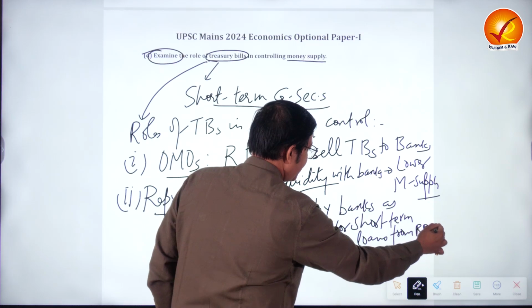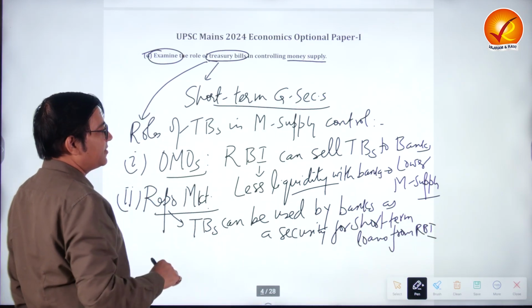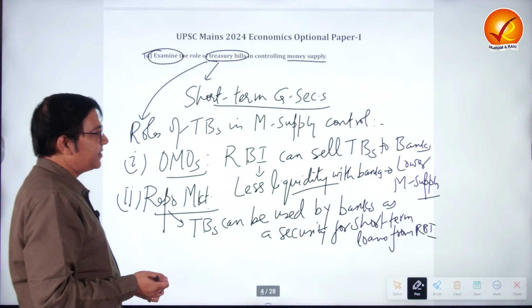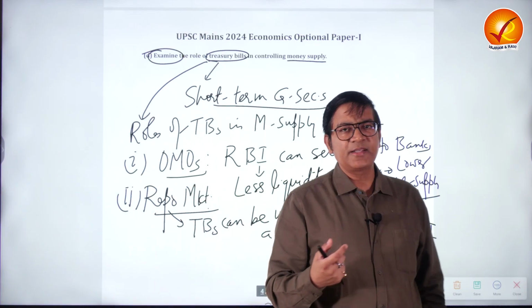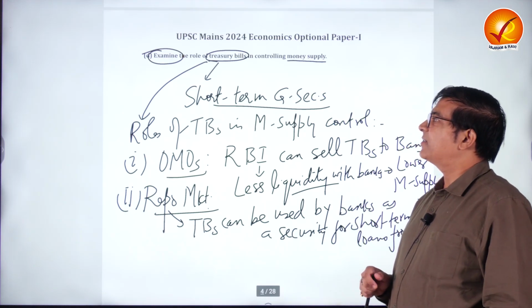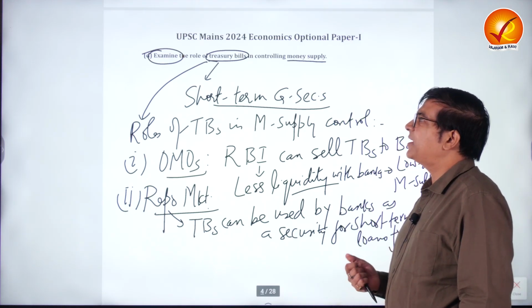So that is another way you can argue how treasury bills can be important. Depending upon other things, you can bring more things, but I think these are the two main roles that you can talk about. As far as the word examine is concerned, you can basically argue that